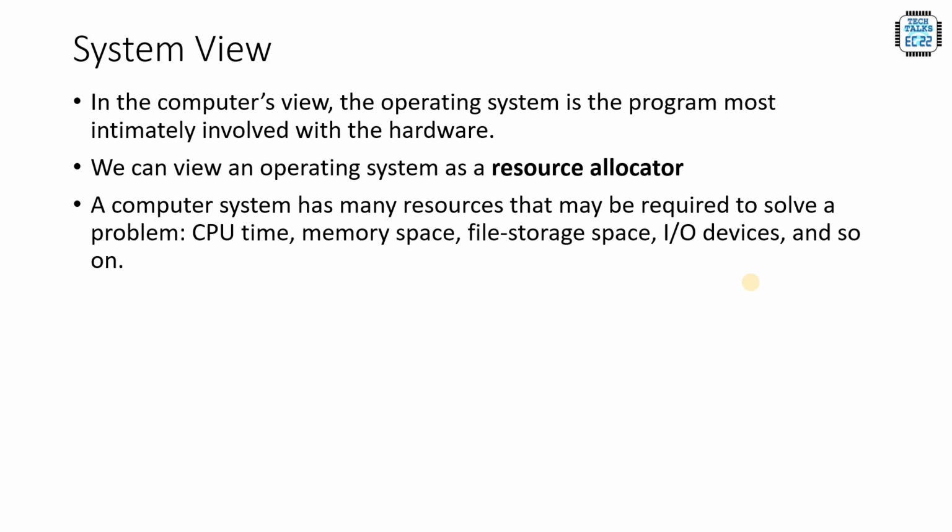So this is a simple example of a user view and a system view. The user only thinks of placing the file into that particular folder. He is not bothered about memory much, whereas the system is bothered about memory. It is not bothered about which type of file it is, why it is being pasted here and all those things. It just bothers about the memory space, whether the space is available or not.